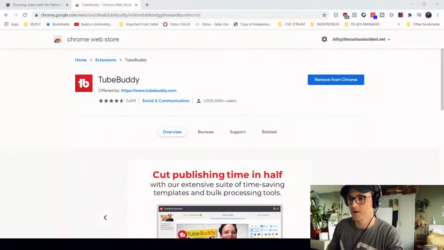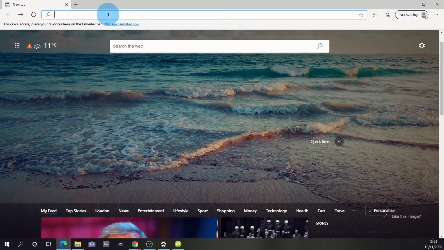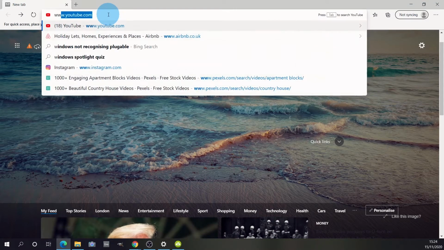Now, first up, go to your web browser of choice. Hopefully you're using Chrome or Edge or Firefox, because TubeBuddy works on all of those, as well as Opera. I don't think it works very well with Safari. Let me just share my screen. Here we go. I already have it installed in Chrome, but I'll show you how to do it step by step. Anyway, you go to your search bar, you type in